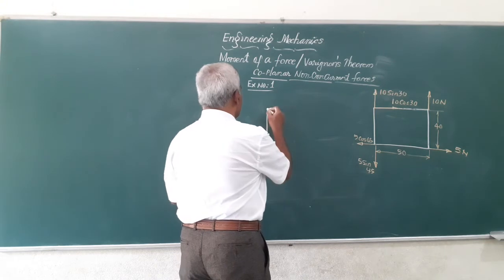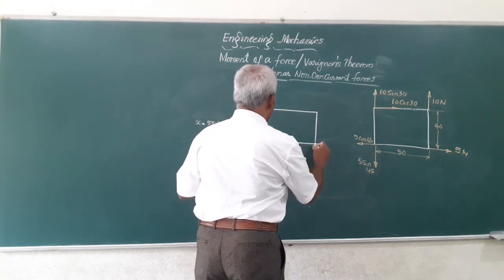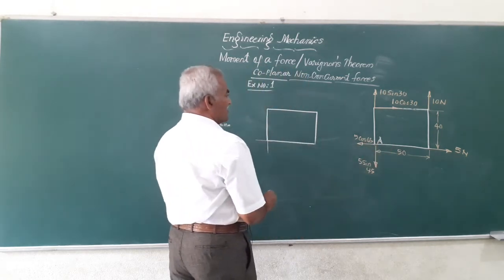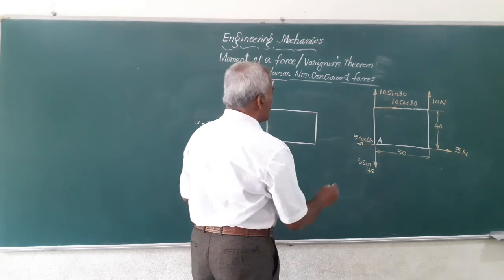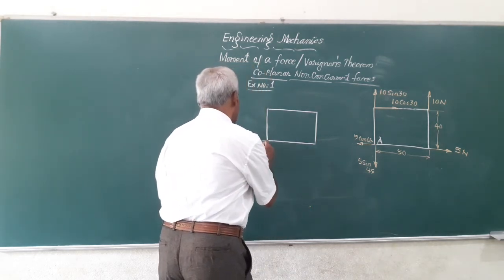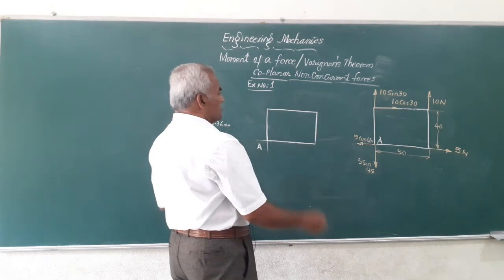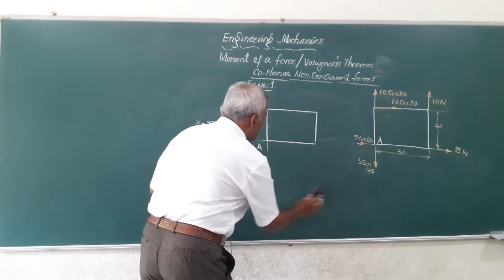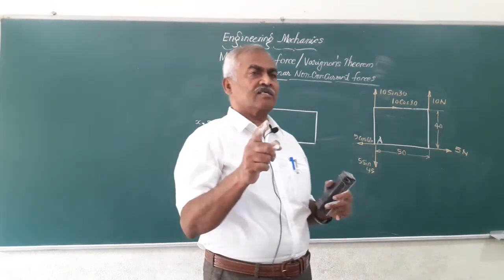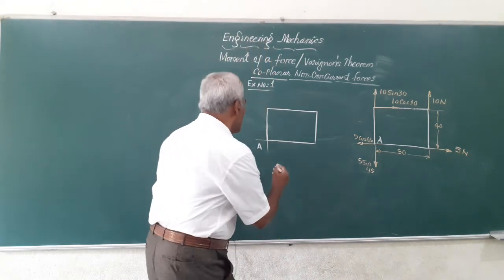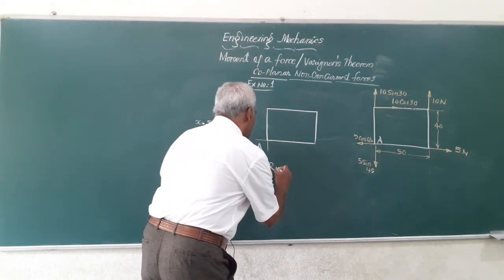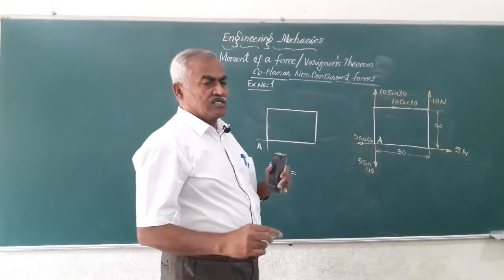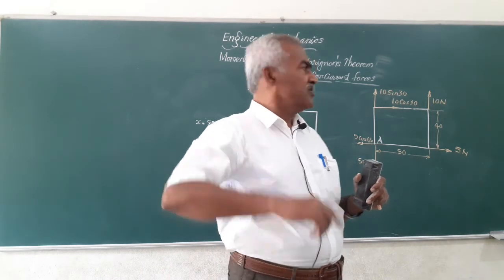Friends, here let me write down that plate again and show that point as A about which you are taking moment. Let us see how to take the moment. I will call this A, and we know all these forces. Varignon's theorem states that the moment of the resultant, moment being the product of force and distance, where the force is R and the distance x is to be found out, is given by the summation of all the moments of the individual forces.